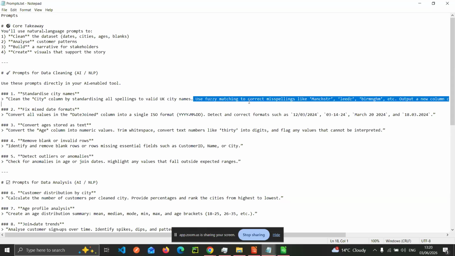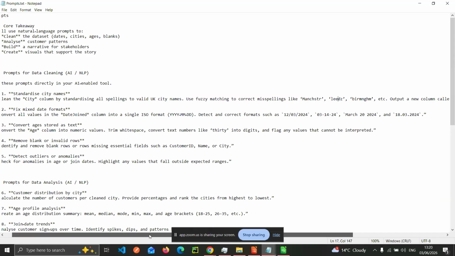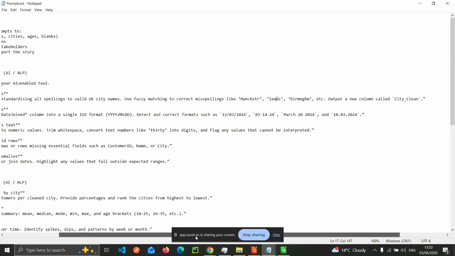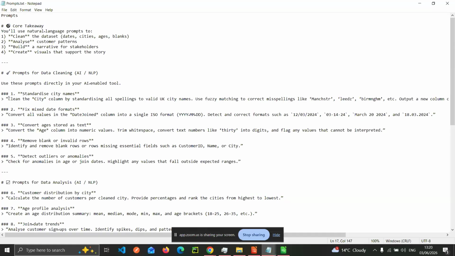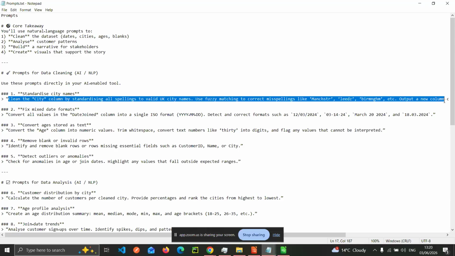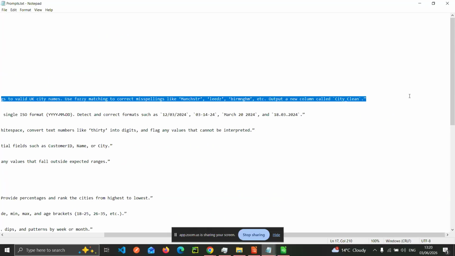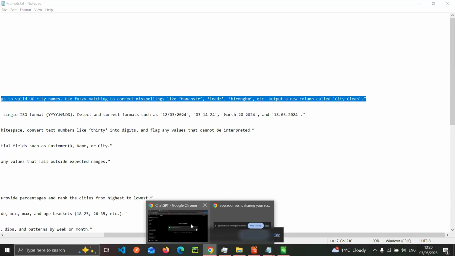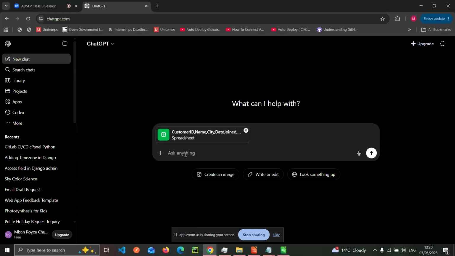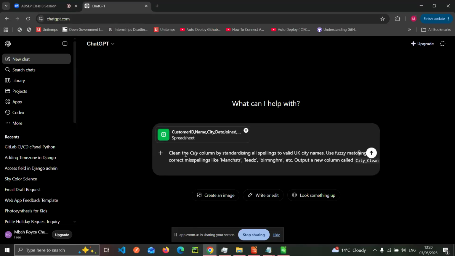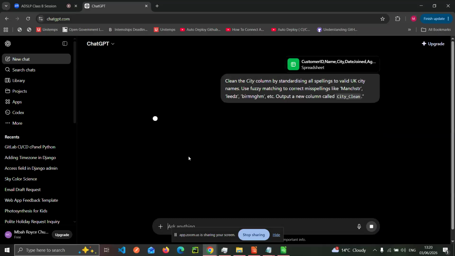Use formatting to clear misspellings like Manchester, Leeds, Birmingham, etc., and put the result in a new column called city clean. If I copy the entire thing, it's a possible prompt. I'm not saying that this is the only prompt you can use, it's just an example. If we paste it here and click enter,